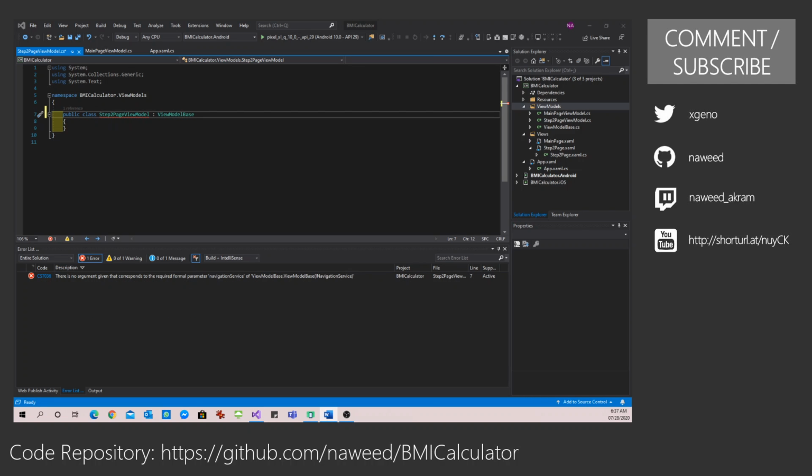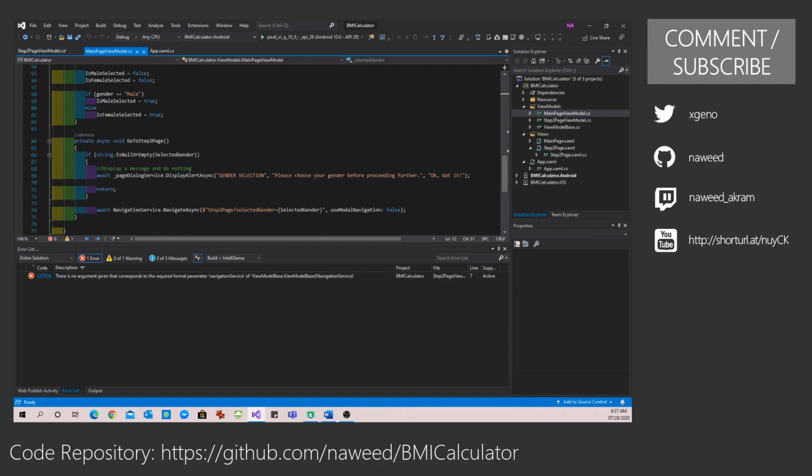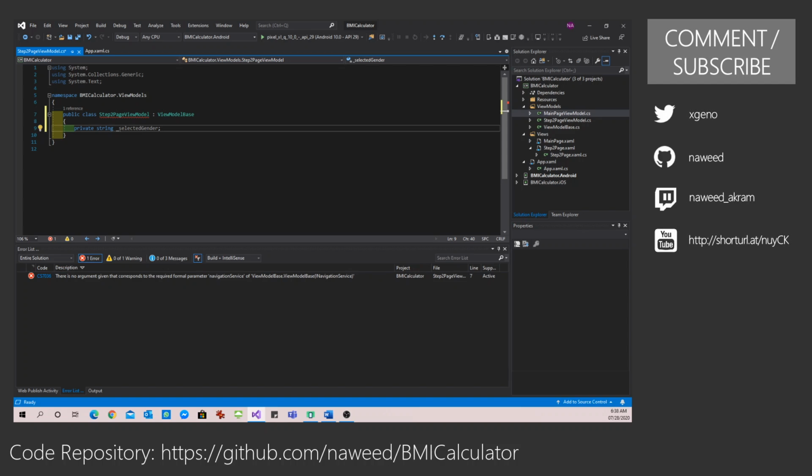So the very first thing I'm going to do is define a private variable called selected gender. This is what we are passing from our main page view model. If you remember, when we are navigating to page 2, we are passing a variable selected gender. This is what we need to store in our local variable, and then we can work with it.